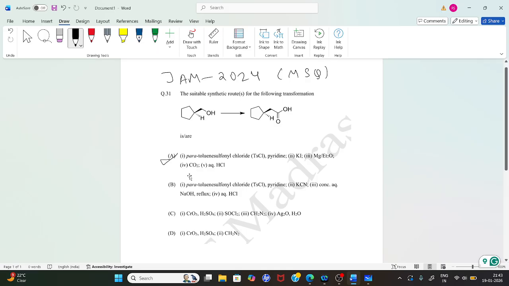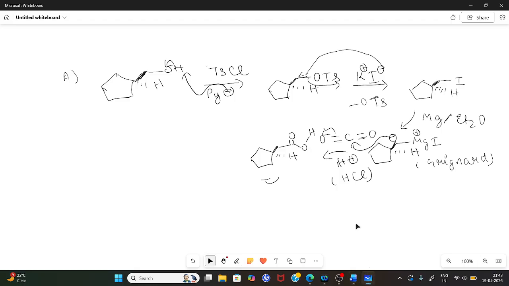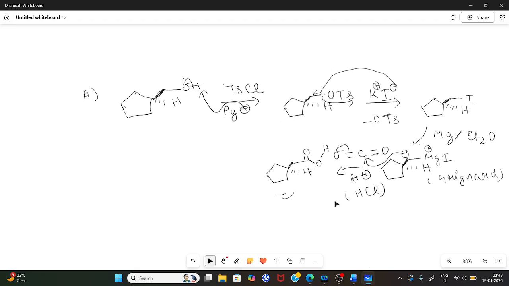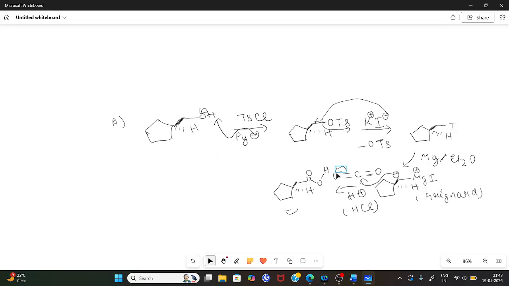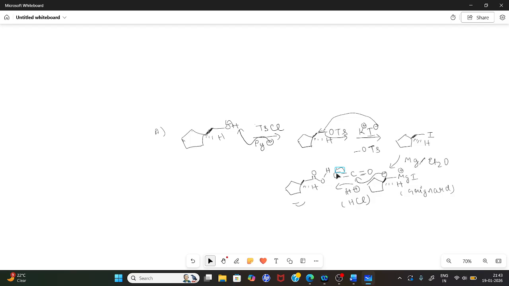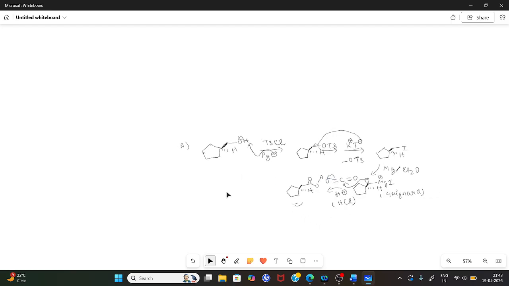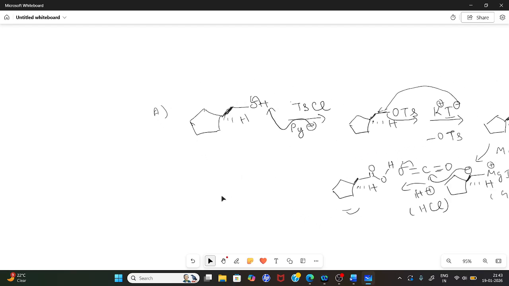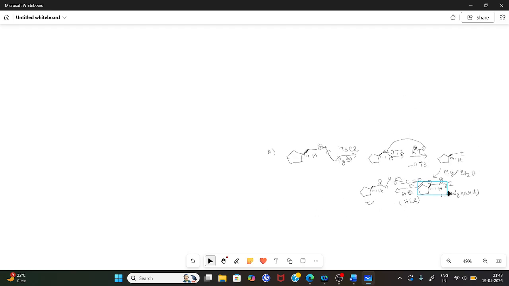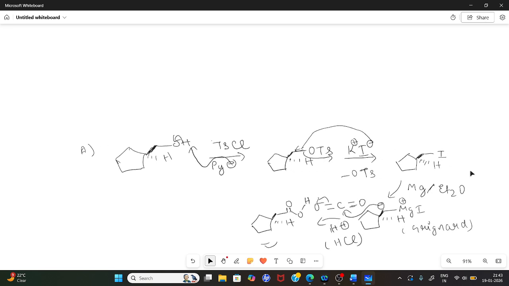Moving on to option B, the same tosyl chloride has been added, but instead of KI, they have added KCN, that is potassium cyanide, followed by basic hydrolysis and HCl addition. So let's look at it, the second one. Option B says first you are adding the same thing,